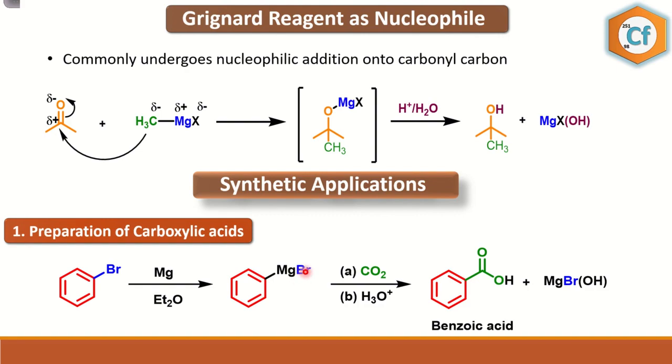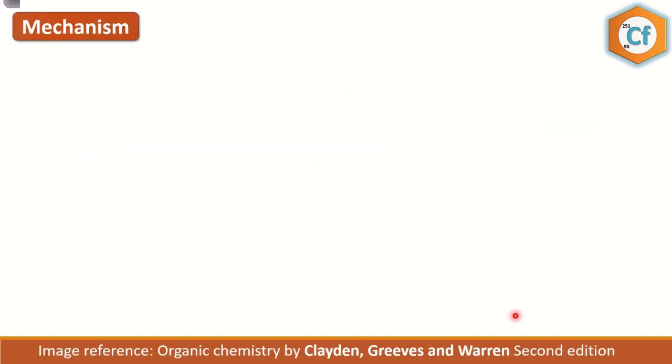and we'll get phenyl magnesium bromide. The phenyl magnesium bromide then reacts with carbon dioxide to afford benzoic acid and MgBrOH. Now how does it afford? We know magnesium obtains a partial positive charge and carbon obtains a partial negative charge. So this partial negative charge attacks onto the carbon because the carbon here has a partial positive charge, as it has two electron withdrawing oxygens. So phenyl attacks onto the carbon. We have a double bond, a single bond breaks to give benzoate, which on hydrolysis will afford benzoic acid. So let's see the mechanism.